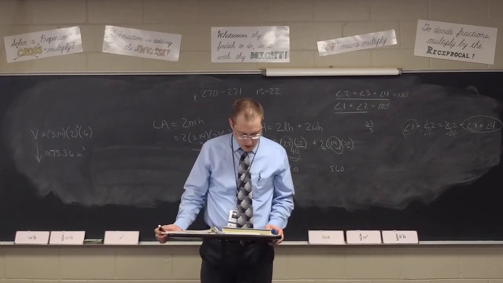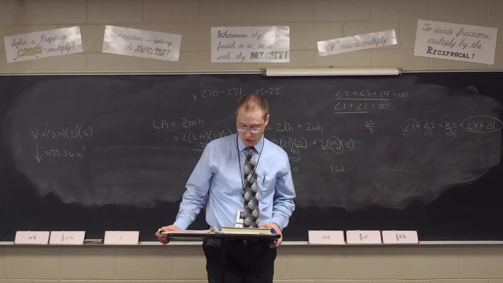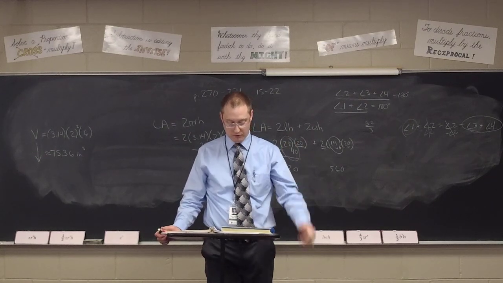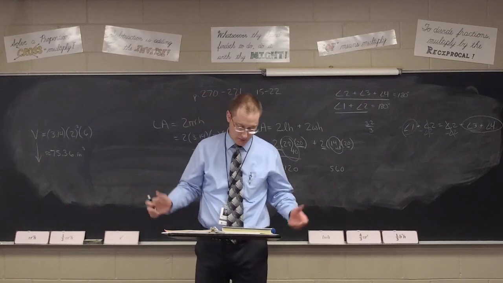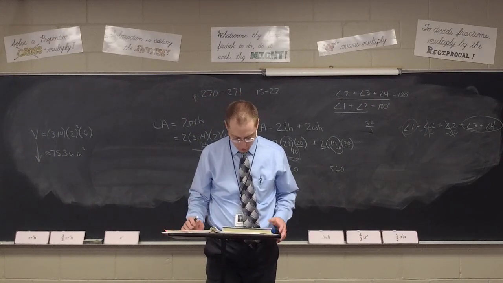Number 21. To replace the 36 square feet of carpet in a rectangular hallway, you might be able to do this in your head. Hallway's 9 feet long. How wide is the hallway, anyone? 4. 4 feet, right? Because the 36 equals length times width. Plug in the 9 and the 36 for the L and the A, you get a W of 4.